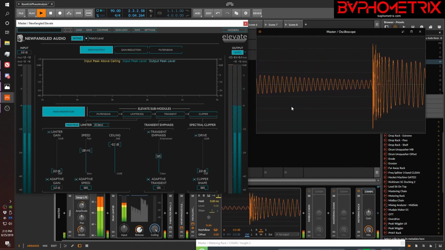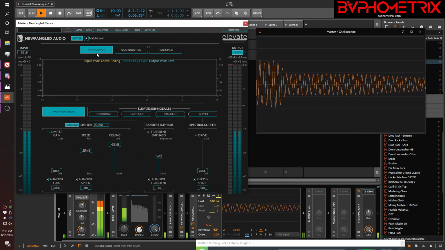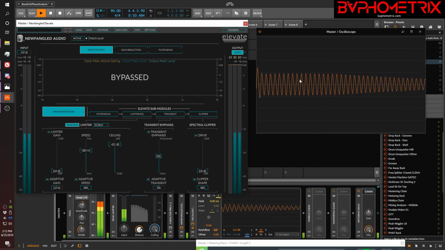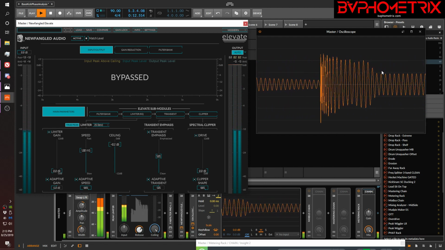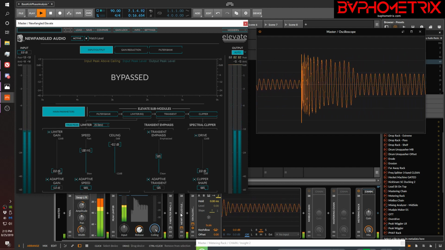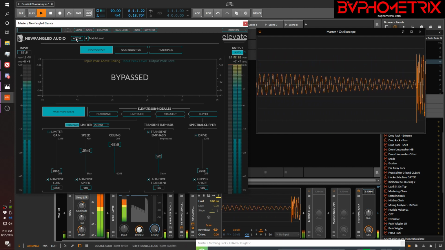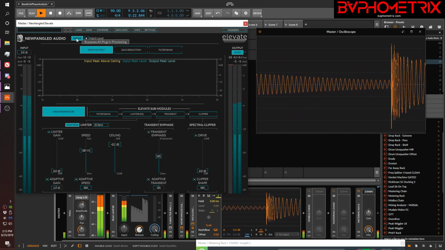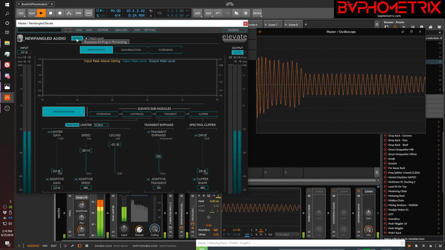So here's the signal. And let's turn this off so it's bypassed, right? So here's the original signal that's coming into this limiter. And then when I turn on the limiter with the current settings, it's going to change it a little bit. Now,